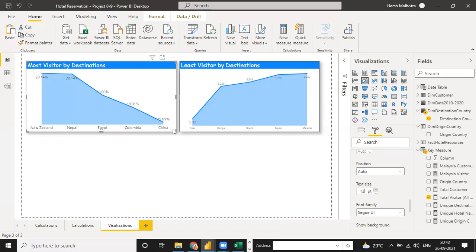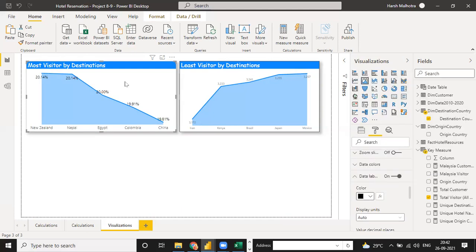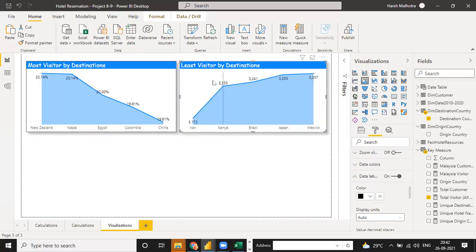I'm going to increase the size. See, the size is increasing, and you can also change the font and the color. You can choose the color black. So for just one graph, you change the size. For the second graph, you can use format painter and click on it. See, the value will be the same. So you don't need to do the formatting again and again. Just do the formatting in one chart, and use the same formatting on another chart. That is the benefit.